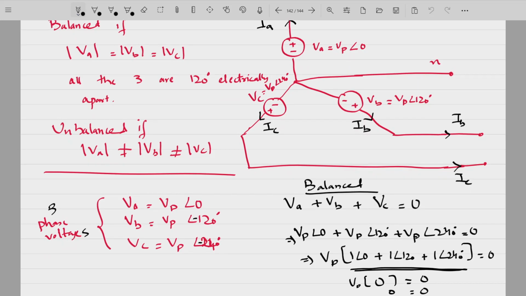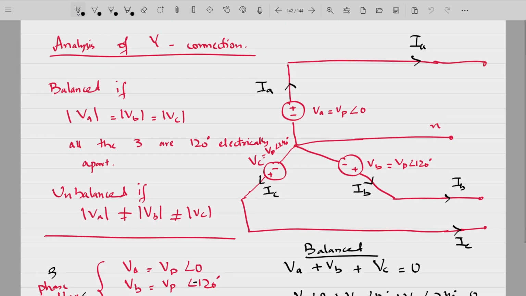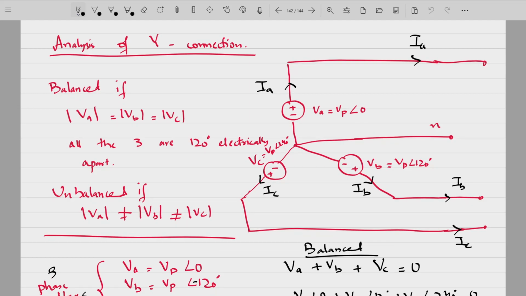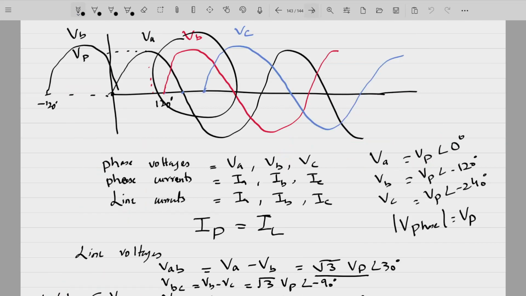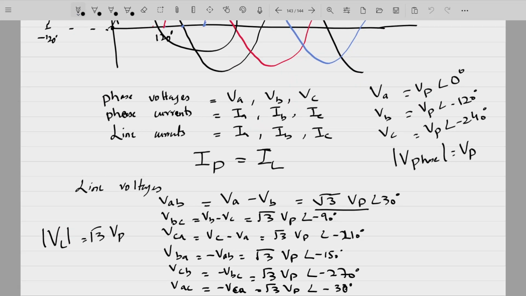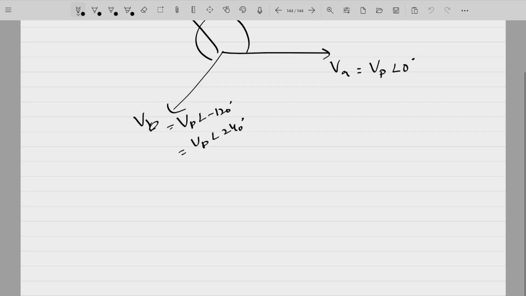So as far as the star connection goes, line current and phase current are same, but phase voltage and line voltage, they are not the same. If phase voltage is Vp, having a magnitude of Vp, the line voltage will be having a magnitude of root 3 times Vp. So in case of a star connection,